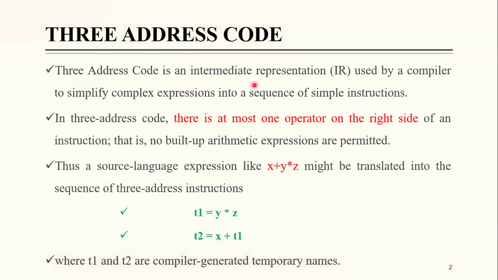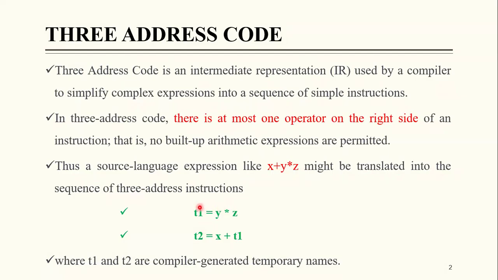Three address code is an intermediate representation used by a compiler to simplify complex expressions into a sequence of simple instructions. In three address code, there is at most one operator on the right hand side of an instruction. That is, no build-up expressions are permitted. Thus, a source language expression like x plus y star z might be translated into a sequence of three address instructions